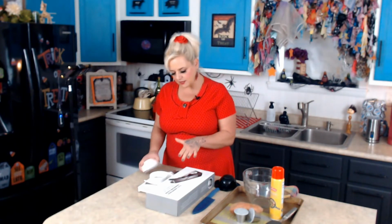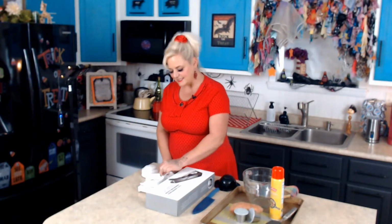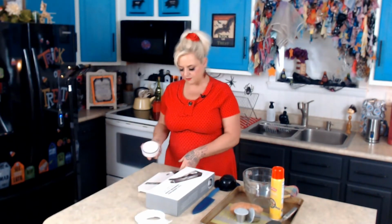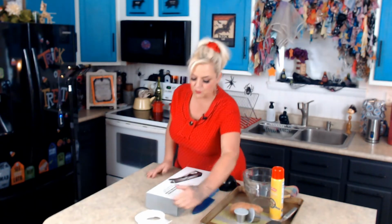But what I found was I couldn't cut anything that was bigger than this circle. Sometimes I had to cut my potatoes to get them to fit inside the circle. So that I didn't care for too much. So a lot of times I would just use it without that. And if I'm being honest, sometimes I didn't use the food holder. But anyway, so this is the one I've been using forever,